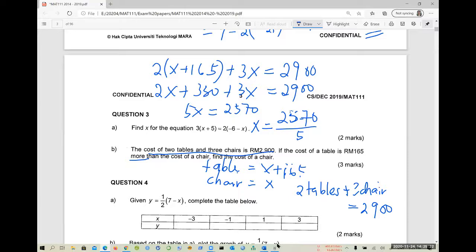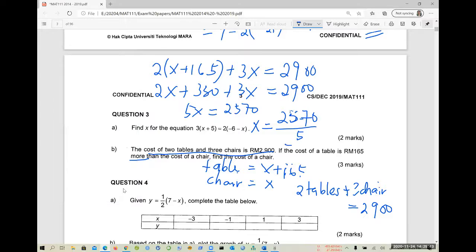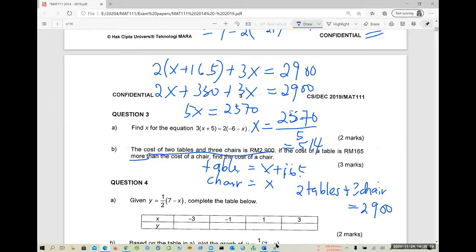So bring up my calculator. 2570 divided by 5, you get 514. So in this case, the cost of a chair is 514 ringgit,